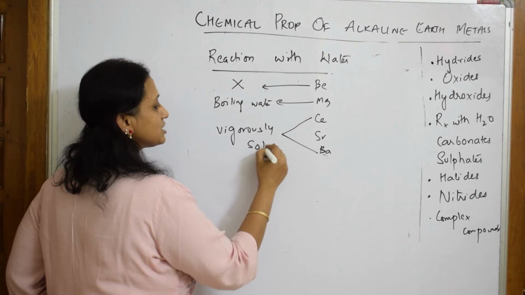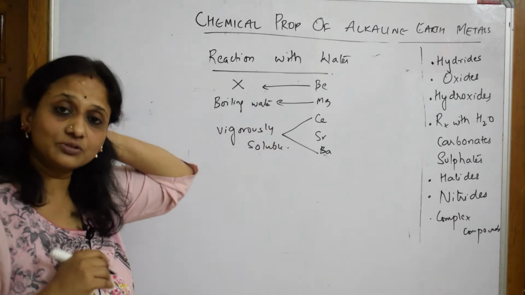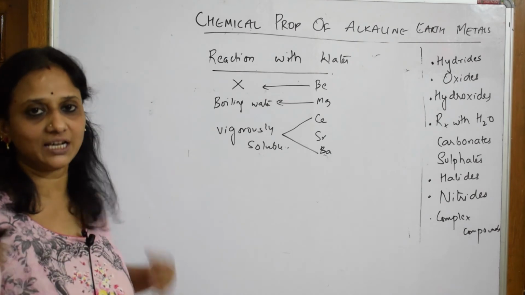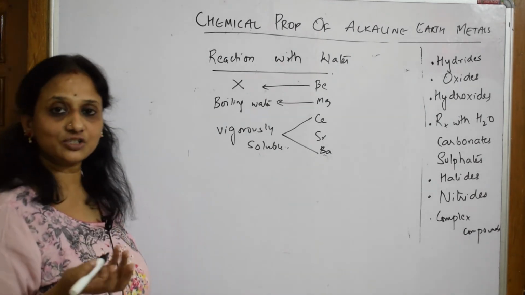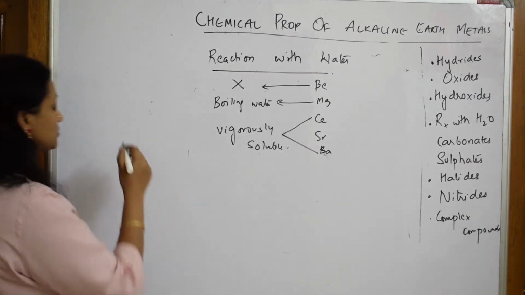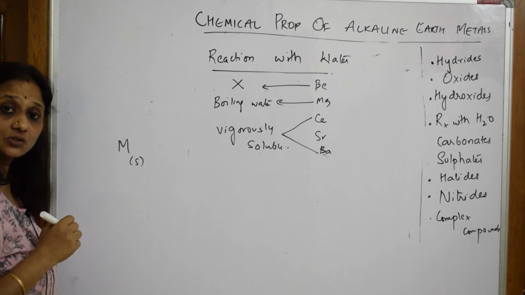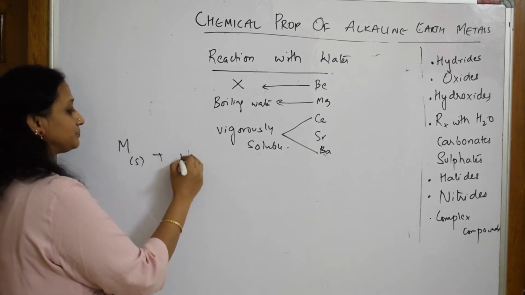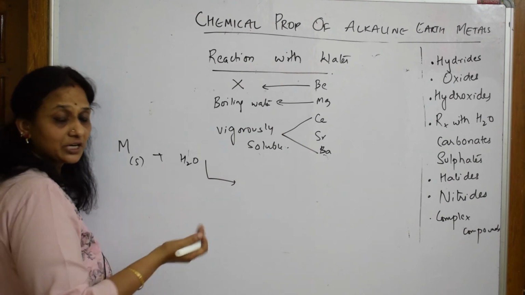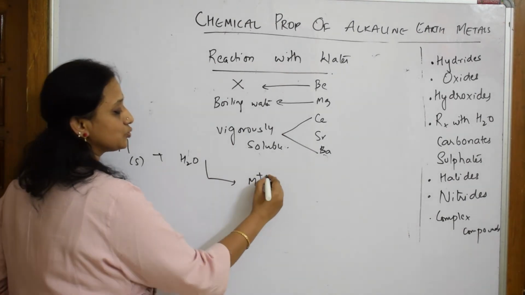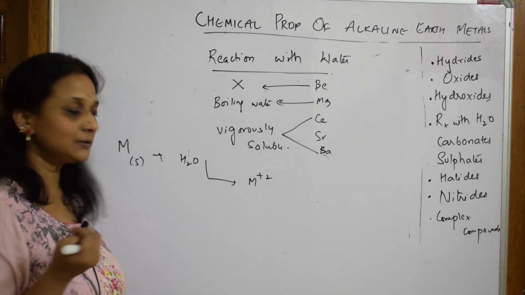So now let me speak after giving the general information. Remember this, if they give you an option, don't try to put a product form, no reaction. So what is the general reaction which forms? Suppose I take any of these metals, except beryllium, as a solid. Now I'm going to dissolve this in water. When I dissolve this in water, obviously it will break up into ions. This will become M2+ because it is a bivalent cation, group 2, isn't it?